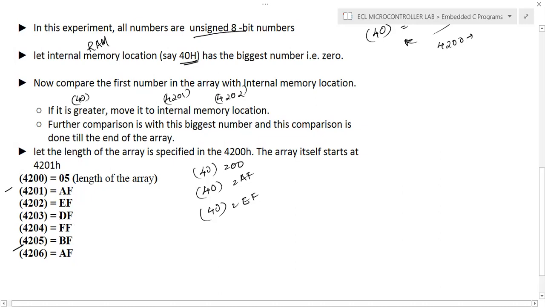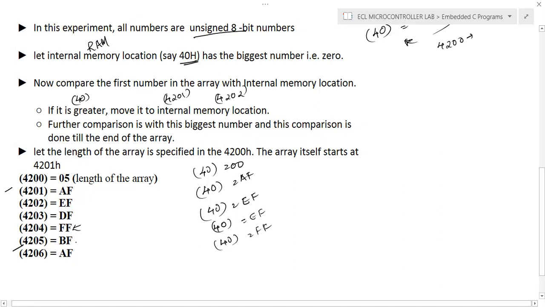After that, in 4203 the content is DF. If you compare with EF, EF is higher, so we'll keep that. After that, we can see that in 4204 the content is FF, and FF is higher than EF, so 40H will be loaded with FF.